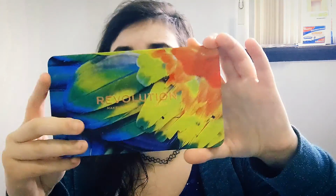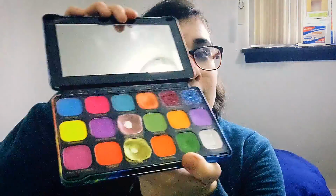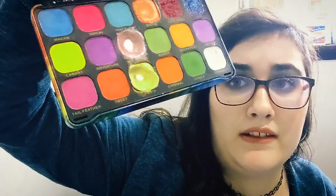So that being said, my other favorite eyeshadow palette is this Makeup Revolution Birds of Paradise Forever Flawless palette. This is pretty good. I love the white shade. The white shade is super pigmented, super good, super blendable. The shades Exotic, Hot Tropic, and Fiesta have some pan in them, but those are very similar textures to the